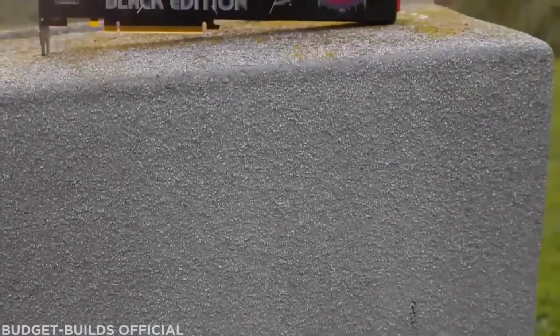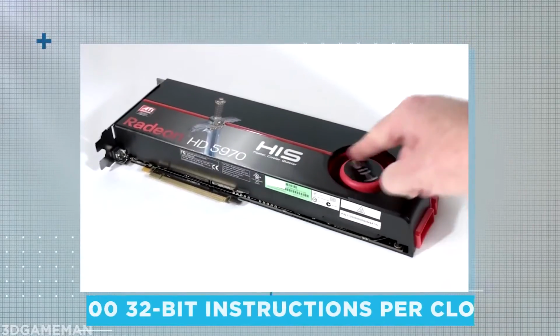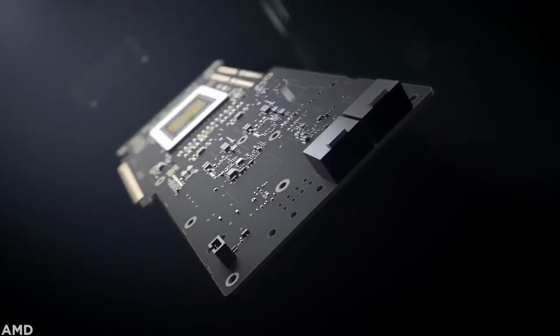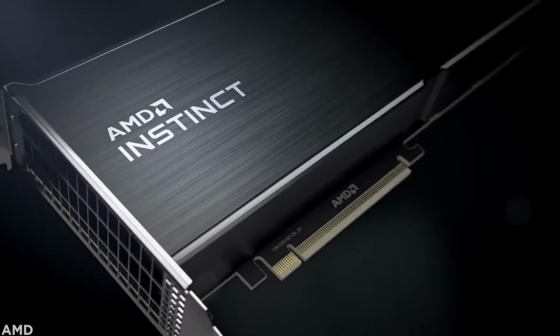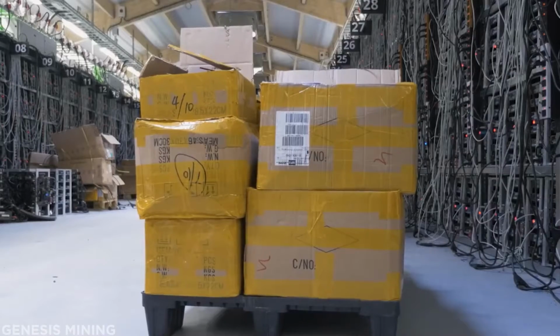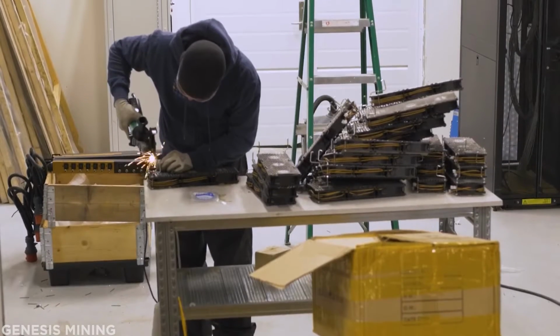Take a market-standard GPU like a Radeon brand HD 5970. It can execute some 3,200 32-bit instructions per clock. That's 800 times more than the speed of a regular CPU or central processing unit that executes only 4 32-bit instructions per clock. Logistically, getting hold of the many thousands of GPUs has proven tough, particularly in a competitive marketplace,